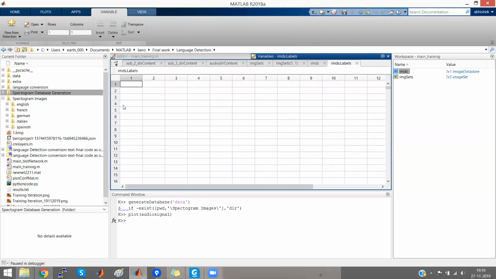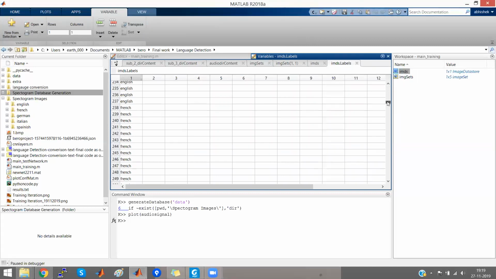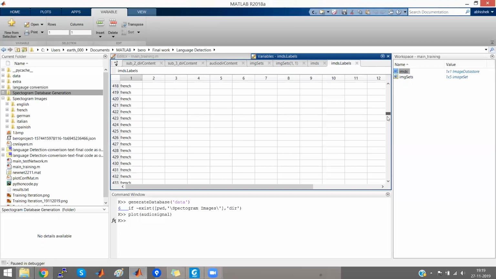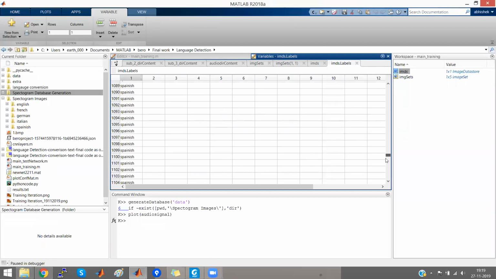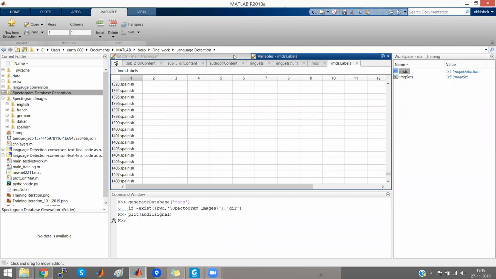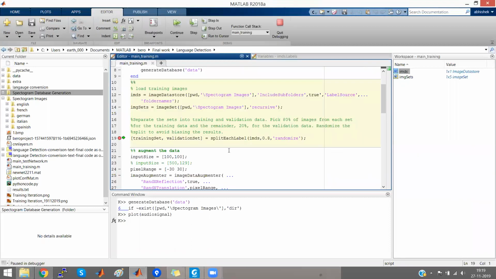Their labels we can check out, like English, French, German, Italian, Spanish. These are the names of these directories, and they work as the labels for each image.